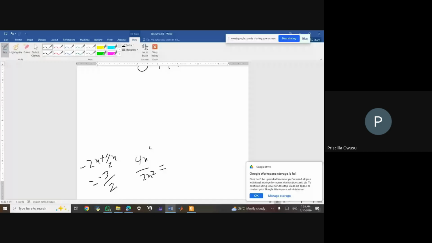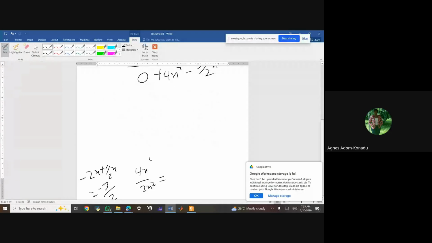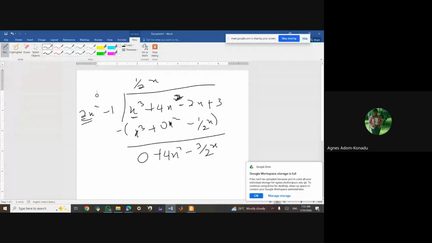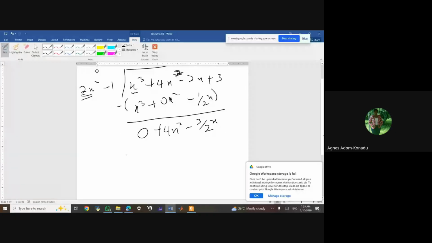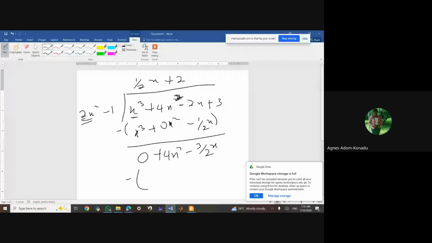Two x squared. You get 2. So I have plus 2 here. I'll bring my negative and then multiply the 2x squared by the 2. Okay, so when I multiply,